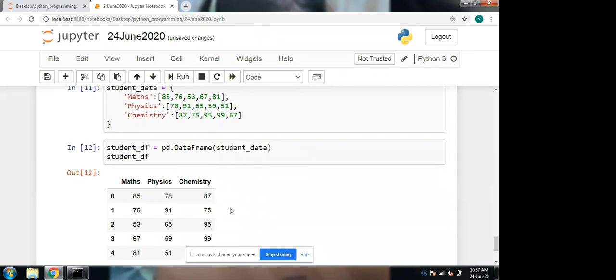So this is the data frame. It will look like a tabular format, rows and columns, and you will also find the index positions 0, 1, 2, 3, 4, 5 and so on. For those index positions, you can also update them. As previously we did for series, I'm going to update them here.